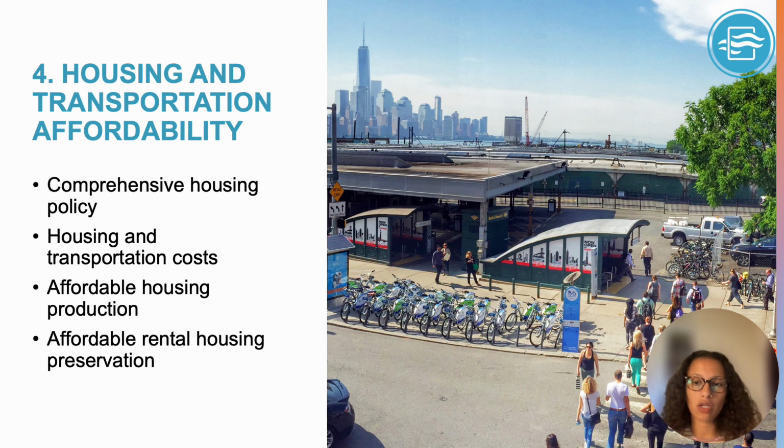Option 2, housing and transportation costs, asks cities to demonstrate that at least 60% of households spend less than 45% of their median income on housing and transportation combined. Option 3, affordable housing production, requires that local governments demonstrate that new affordable housing units are being produced at an annual rate of 5% or at the targeted rate by the local government or the development authority, whichever is more